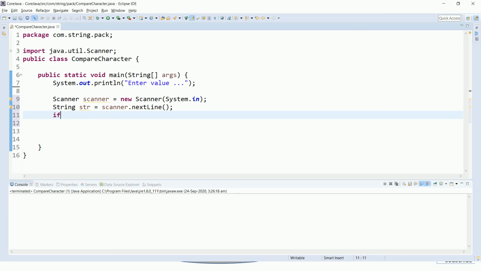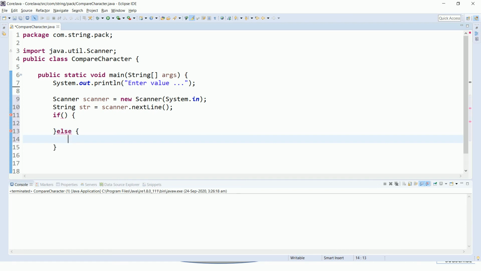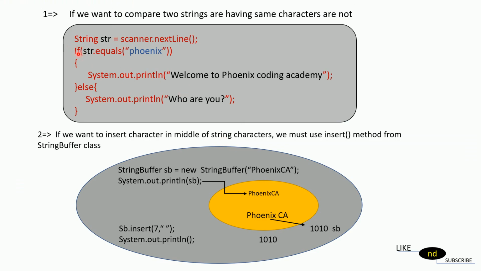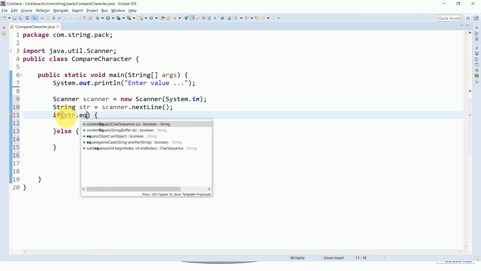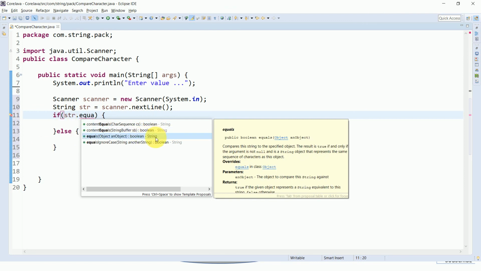Now we will take the if condition, right? We are comparing the variable, whatever we enter with the help of the scanner, using the str.equals method. This equals method belongs to the String class, and its type is boolean, right?